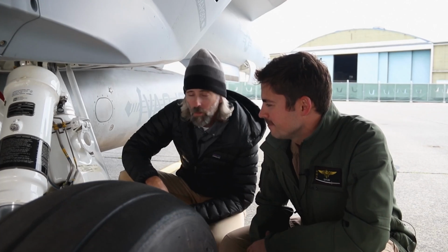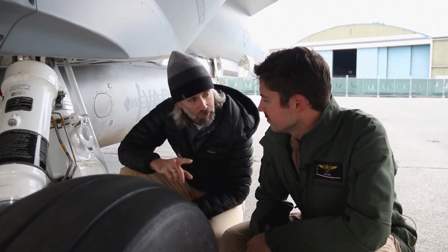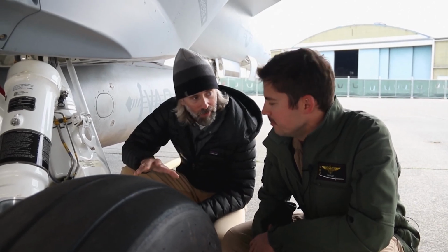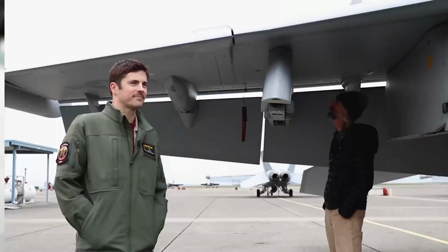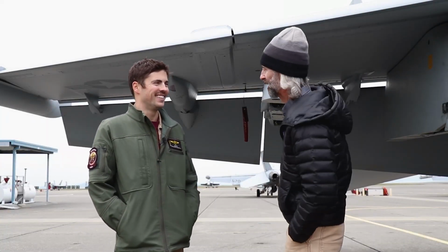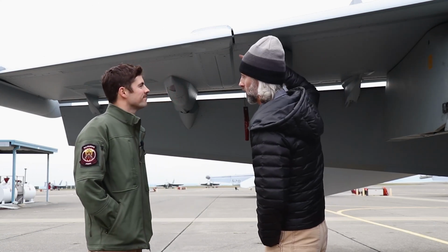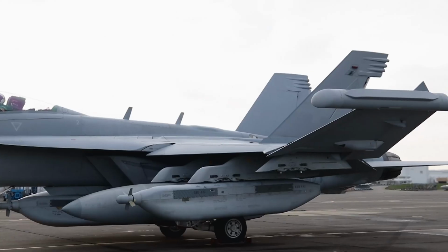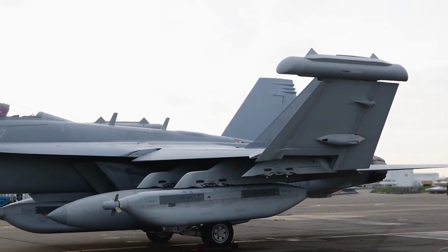That's cool. While we're talking about being on a carrier, let's go look at the wings, because you guys do something that every carrier aircraft does. Yep, you fold the wings. That's right. Let's go look at that. All right, so right here is the wing fold. So you can literally fold the tips of your wings up. Correct. From here to the length of the wingtips on either side, you can fold the wings up,